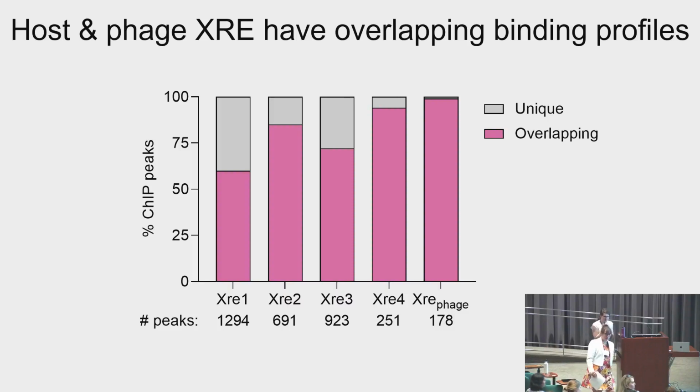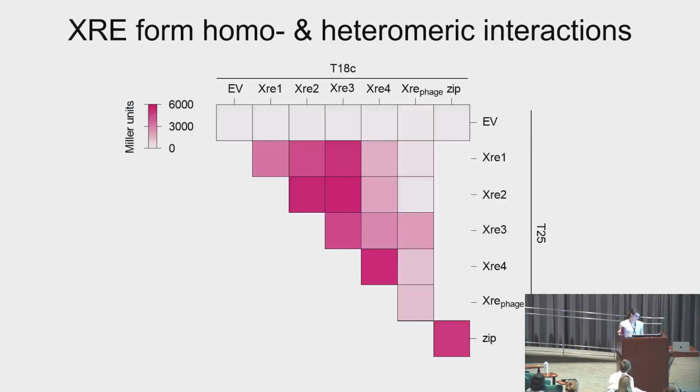I guess, do you think that because of your data where you knock them down and you see loss of infectivity, there's cooperativity? Are these dimerizing, and that's how you're getting some interaction between XRE phage? We do know, so this is just